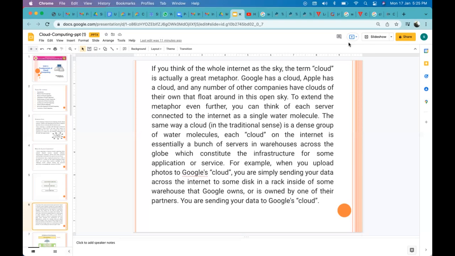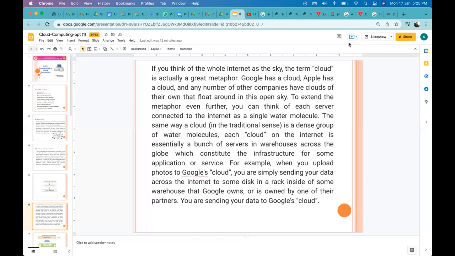In the internet sky, there are different clouds like Google, Apple, and the Google cloud has multiple servers. Multiple water molecules mean a group of multiple servers. The same way, a cloud is a dense group of water molecules.